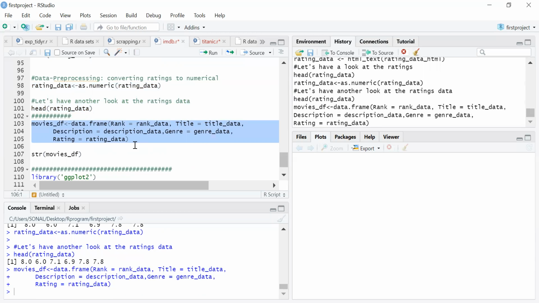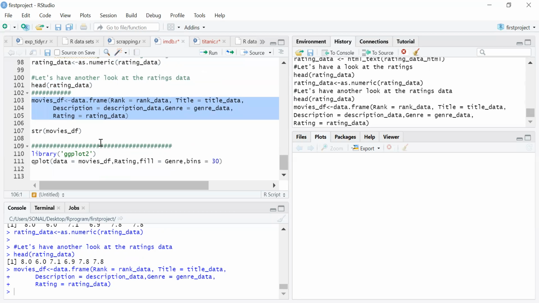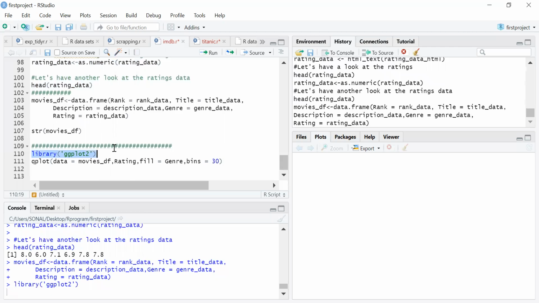So now movie_df is a data frame where we have used the rank, the title, description, genre, and the rating. Once this is done, we have a data frame with us. Now we can plot the data and analyze it, and from that we can get some conclusion.